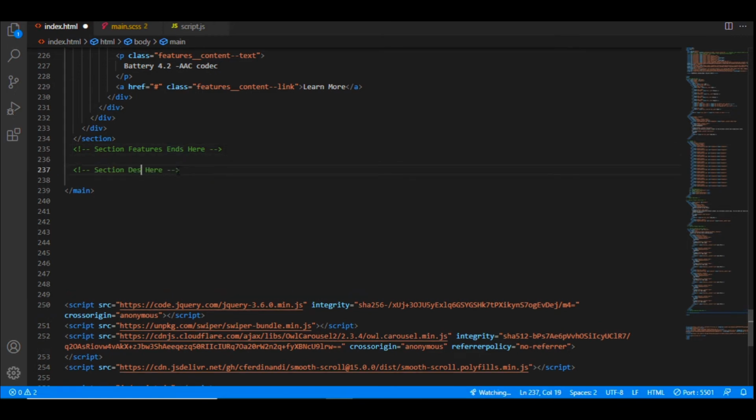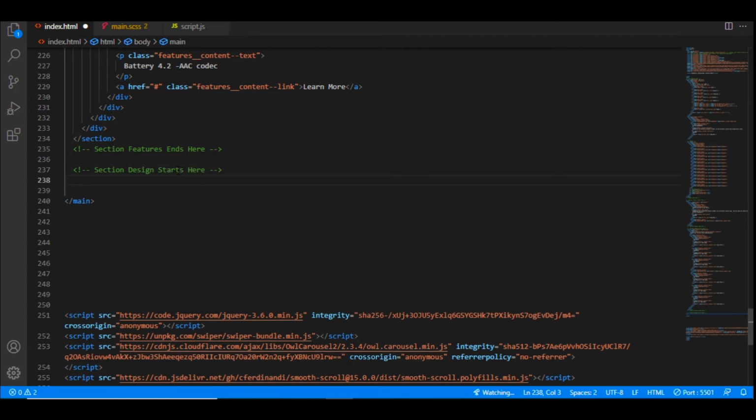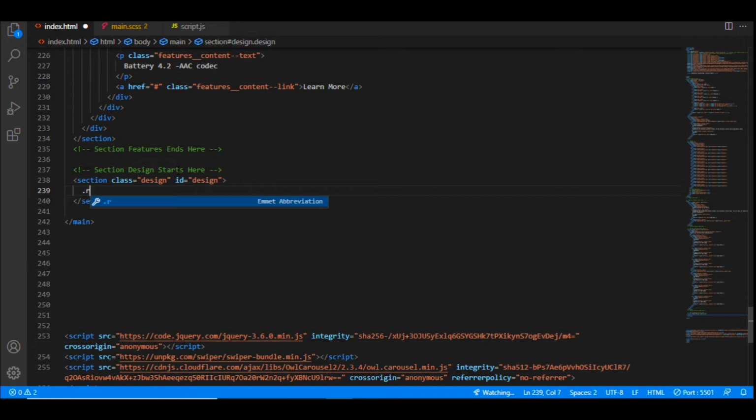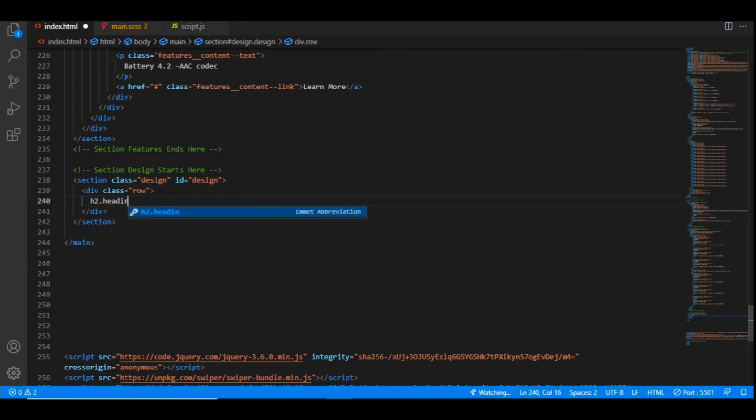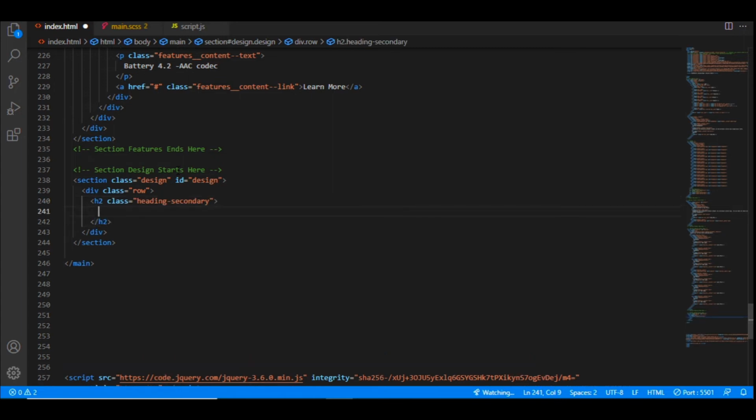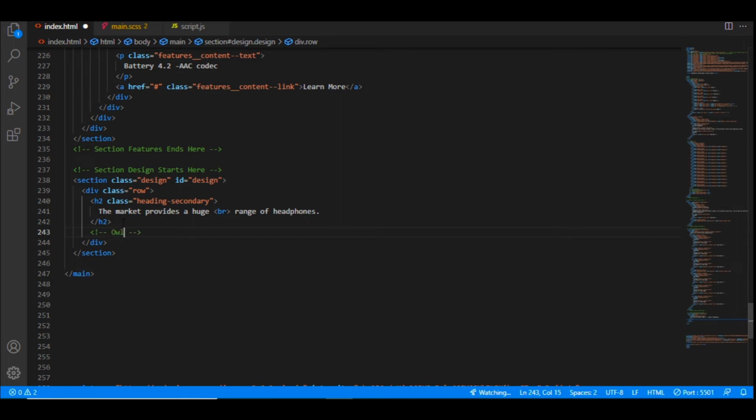and then you can see that for the small screen sizes it converts into vertical position, and for the large and medium screen sizes it changes into horizontal direction. So our feature sections completes here, and we will comment it down that second features ends here. We also set it into our index.html file, and below this section features we'll copy this comment and paste it here,